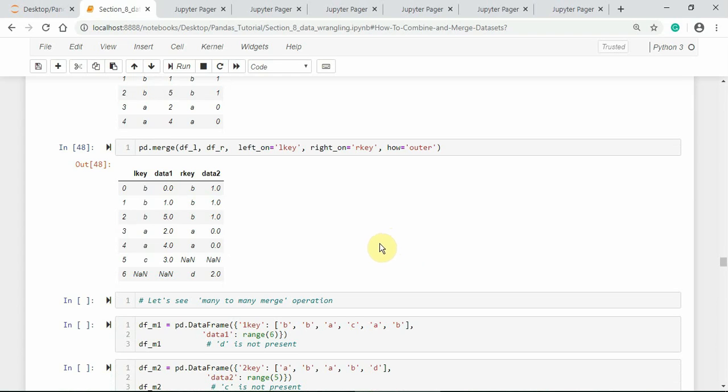Notice that C and D appear only in the left key and right key column respectively, and hence the non-overlapping values are filled with NaN. Similarly, you can do left and right joins by yourself as a mini exercise.